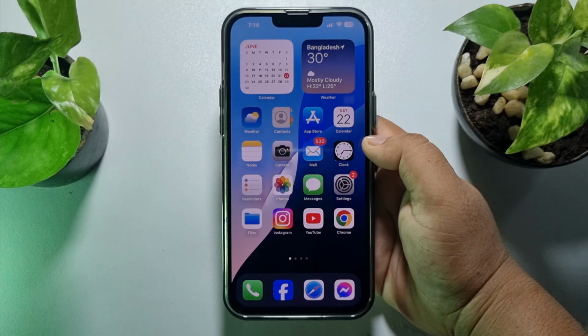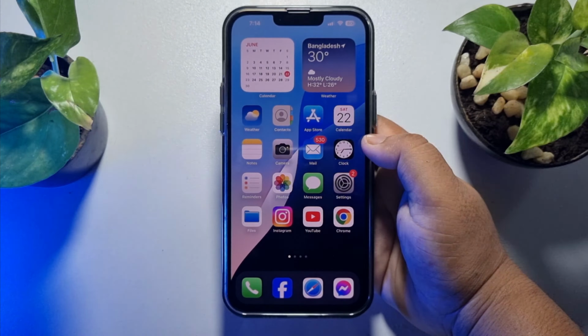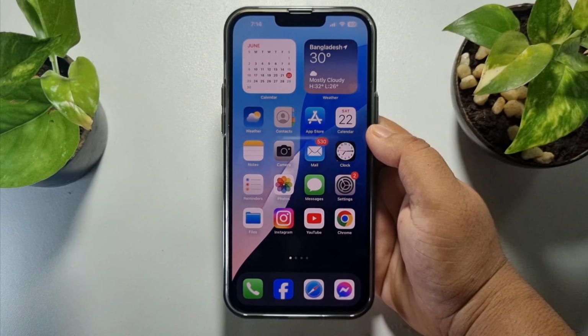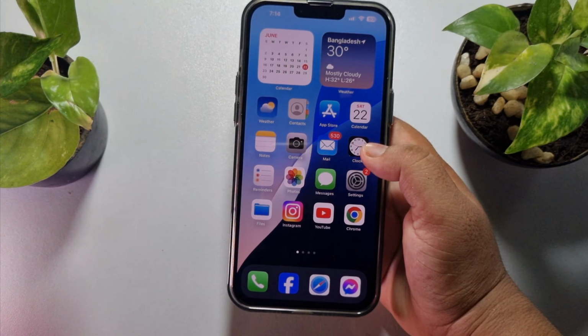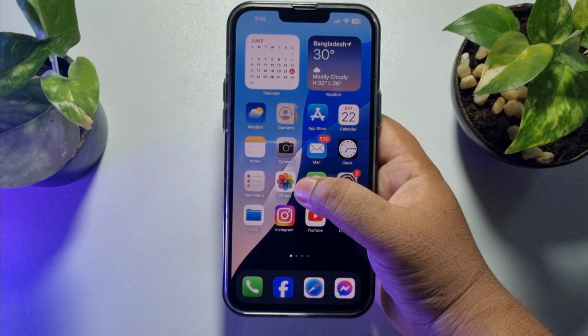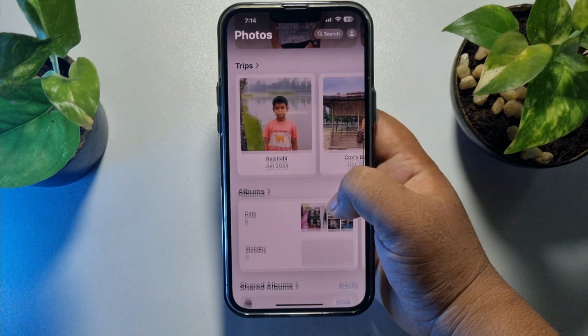In this video, I will show you how to find hidden photos and videos on iPhone. Follow this easy and step-by-step guide to find out all of your hidden photos and videos. First of all, go to your iPhone Photos app and here scroll down until you see